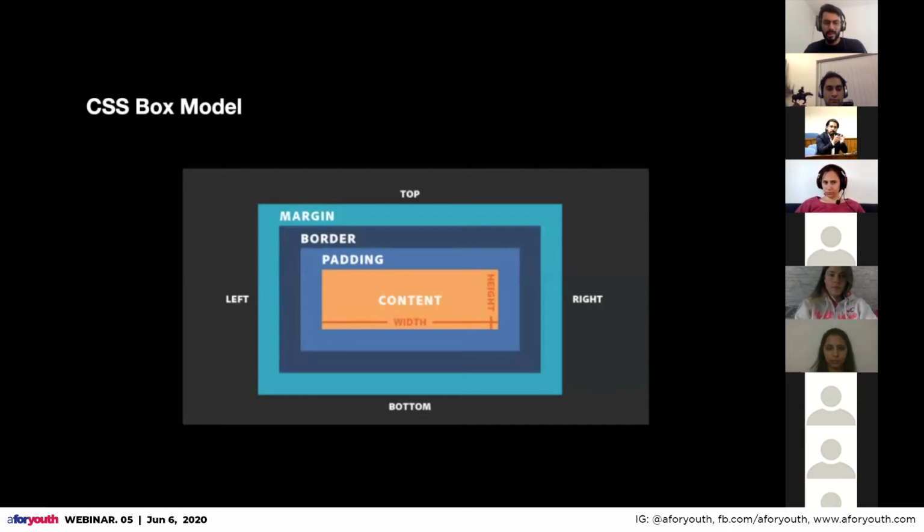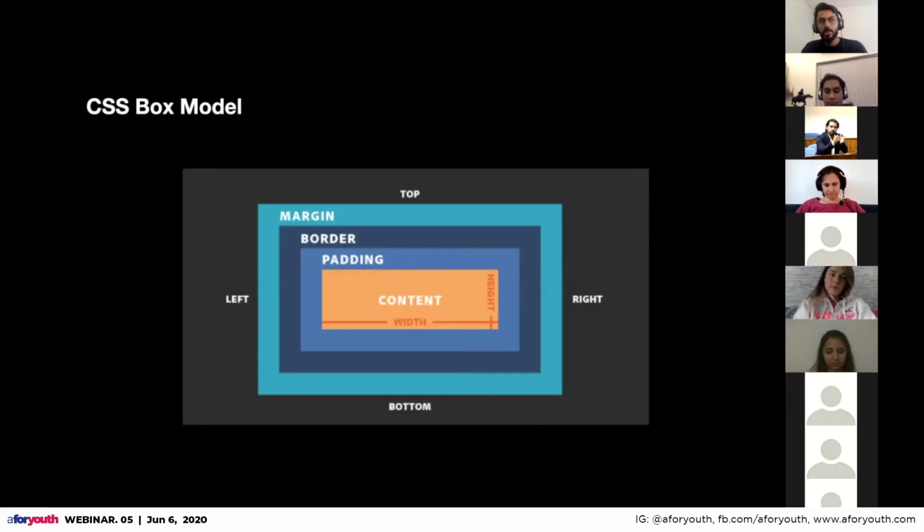One thing I want you guys to understand here is that we talked a lot about the box. CSS works on the whole box as well. For every HTML tag, there is content inside it. The content has a height and a width, right? So we can add padding. Padding is like space between the content and the border.